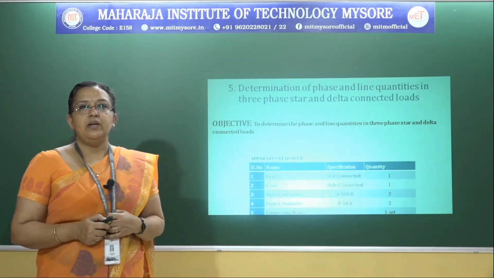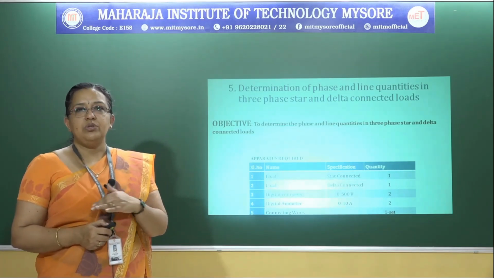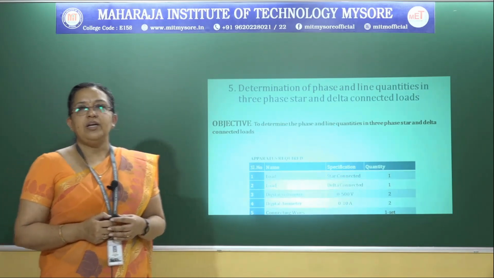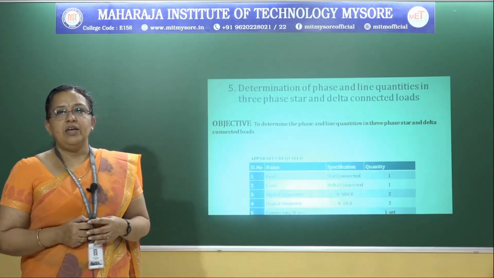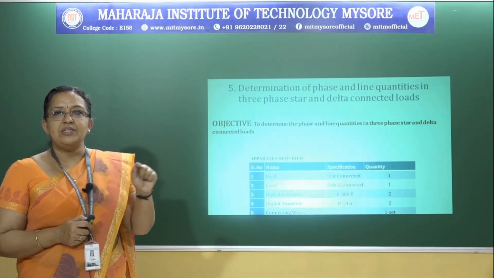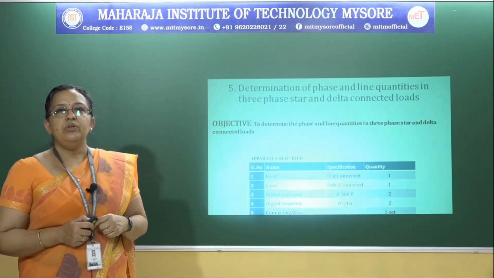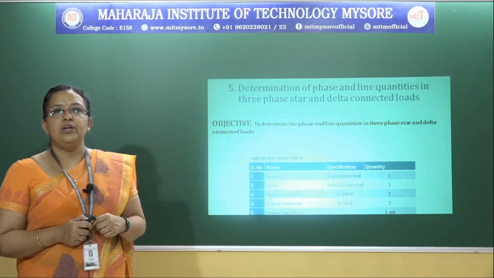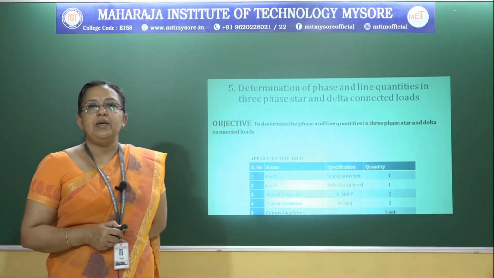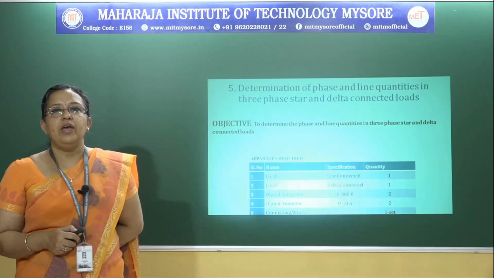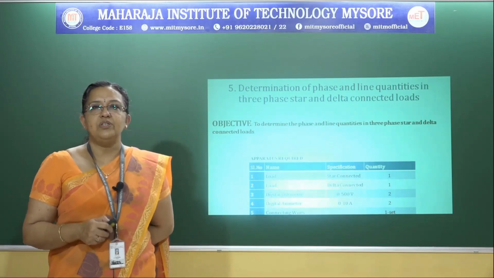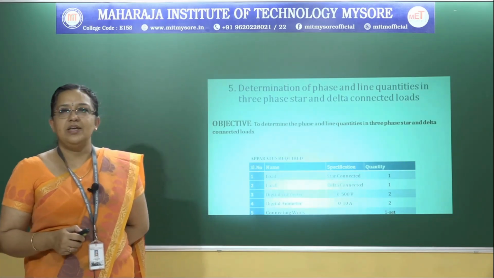But at the distribution end, when it comes to domestic purposes, we make use of 230 volt AC, which we call the phase voltage here. In this case we make use of a phase line and the neutral, so the voltage we get is a 230 volt, 50 hertz supply. But when you use it for industrial applications, we need a higher voltage. In that case, three-phase supply is used, in which there are three phase lines coming at the same time.